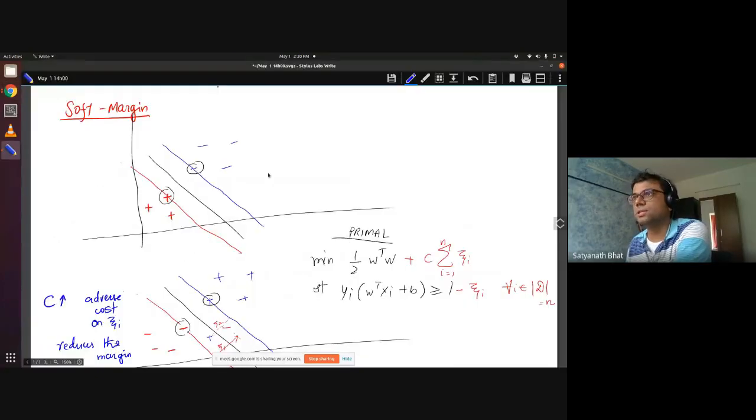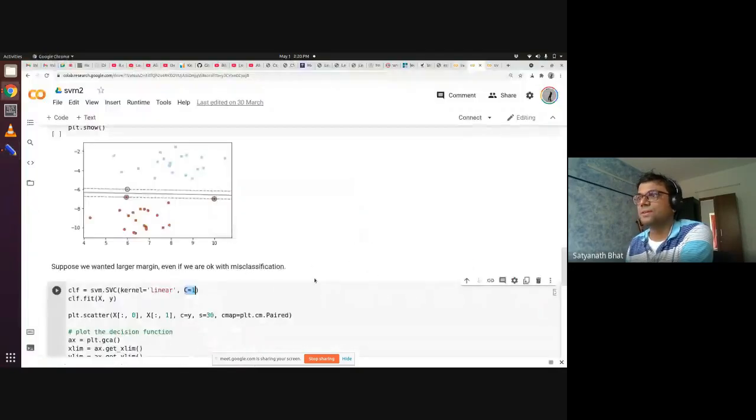Okay, you remember what this does? Go back to the original problem. When you reduce the value of C, you're allowing xi to get bigger, right? Because if C gets small, the impact of having non-zero xi is minimized. So essentially it is a trade-off between these two. On one side you have the reciprocal of margin, and on the other side the violations that you are permitting. So if you reduce C, you are allowing for a wider margin and permitting larger xis. Okay, so that is what we will do.